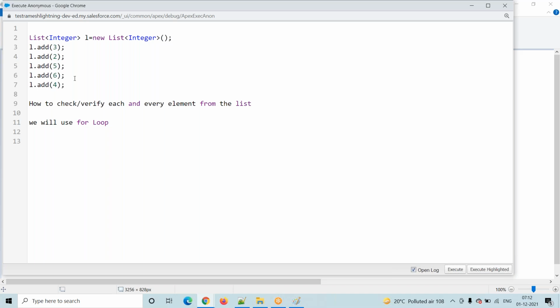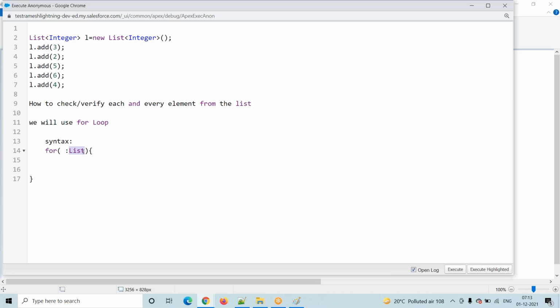How we are going to check is nothing but in Apex we will use a for loop here. The syntax for the for loop is: for, open bracket, close bracket, open curly braces, close curly braces. Then the next one is your list, whatever list we have to verify.